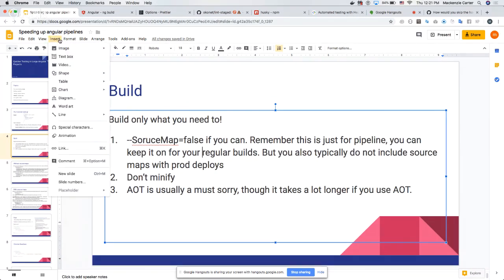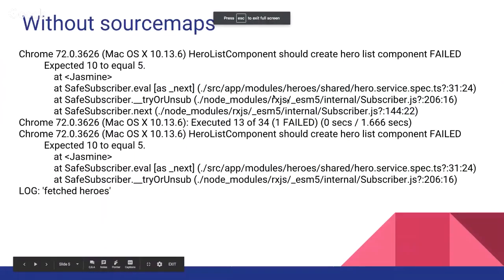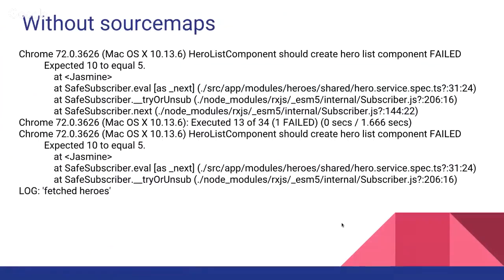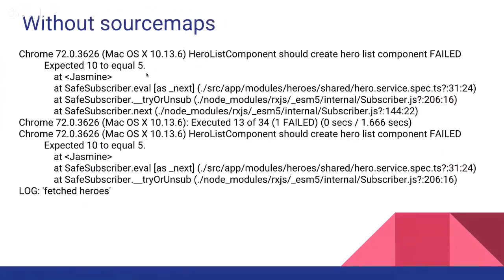I just had a few examples of what it looks like if you turn off source maps for testing. So this is a test without source maps. You get everything that you'd expect: the line where the test failed, the spec file where it failed. And then this is one with source maps. It's a little bit more verbose,